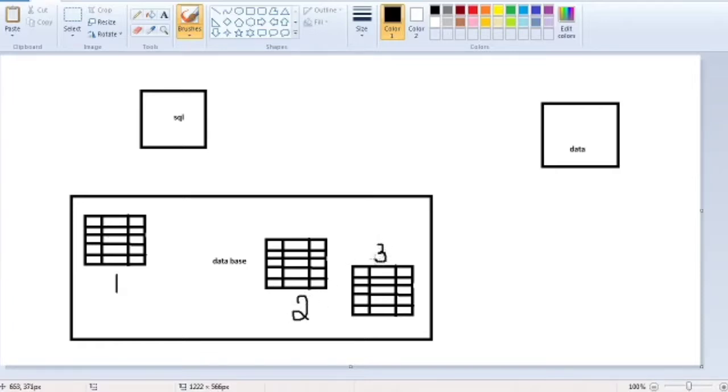If I want to retrieve data from the third table, I say, hey SQL, I just want to retrieve the third table, first column, third row data. Then it's clear what I actually want. So it retrieves it and gives it to me. So that's why we need to mention the table name.